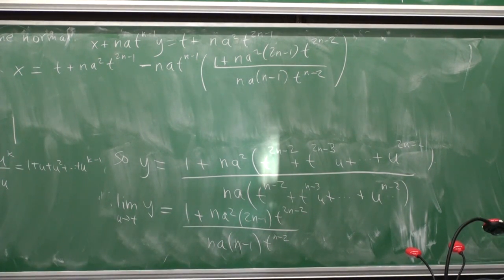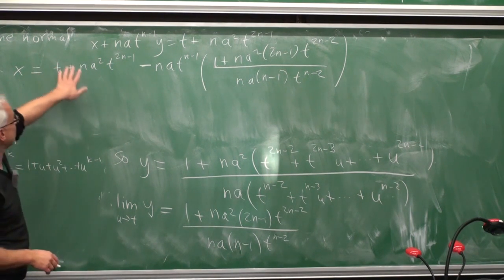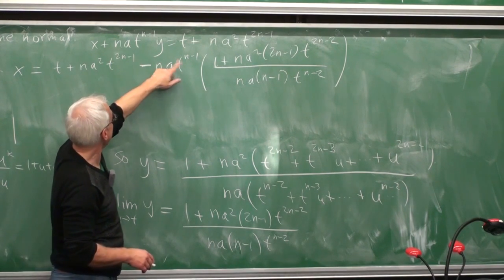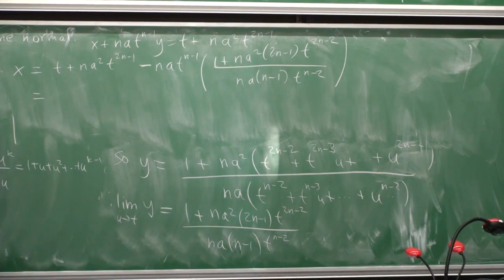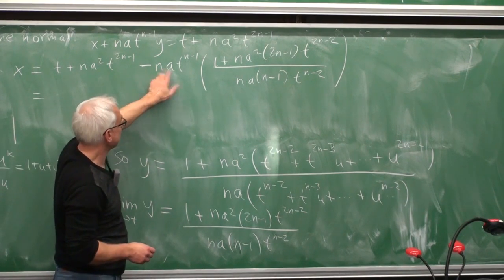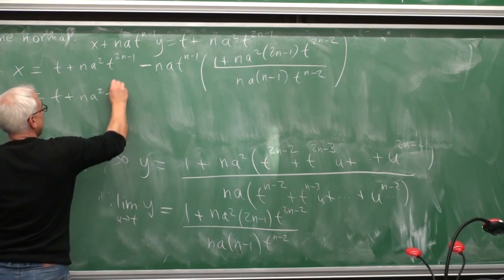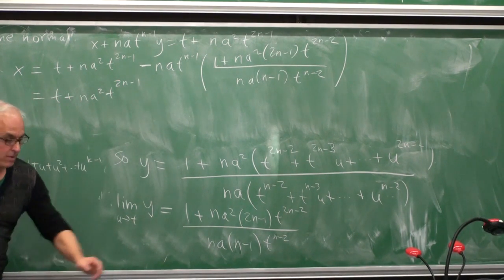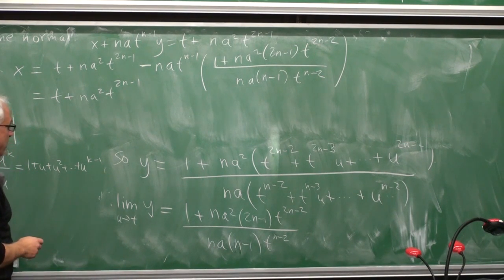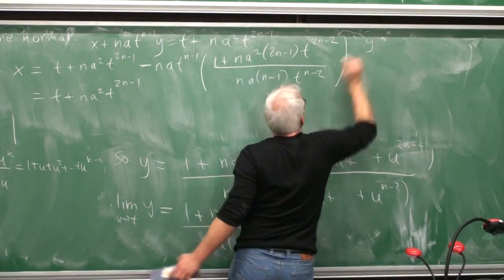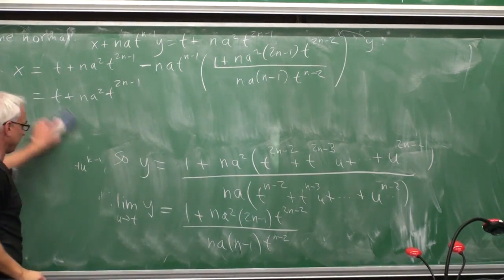And again, we better check that we haven't made a transcribing error. I guess that looks right. I've copied y there, and here I've just copied na t squared t then and subtracted na t to the n minus 1. All right. So we have to simplify this, of course. There'll be a bit of cancellation here because there's an na, there's a power of t. So we'll get t plus na squared t to the 2n minus 1. We're going to remember that this is y, all right? This is y here. I'm going to rub all this out to give us some space.